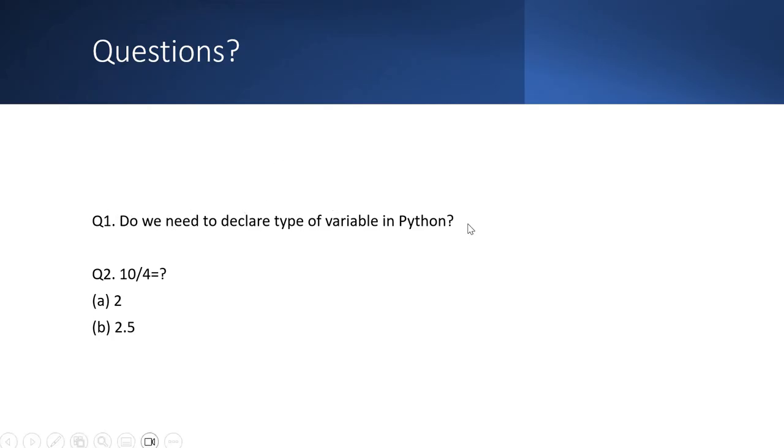And to discuss the concept of variables and whether we need to declare the type of a variable, I would like to go to